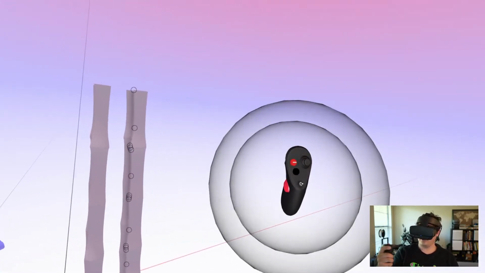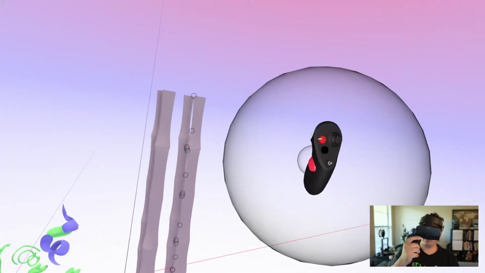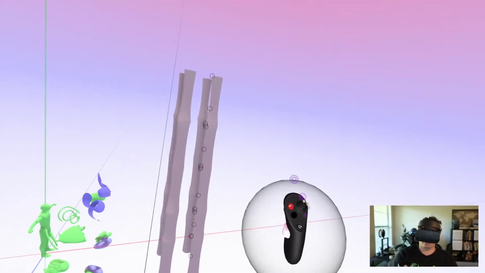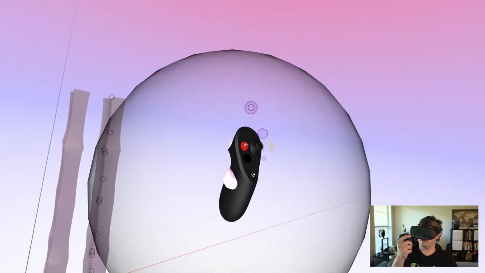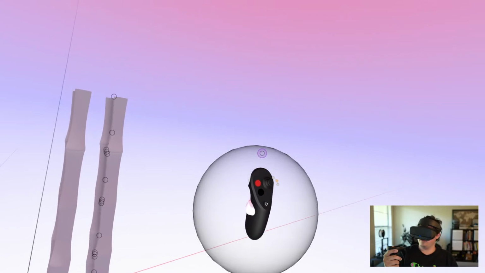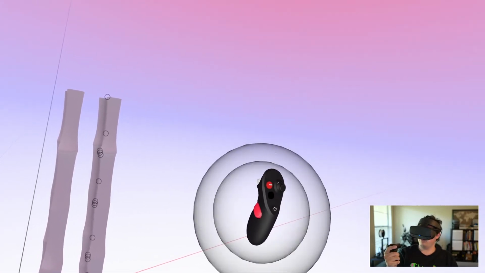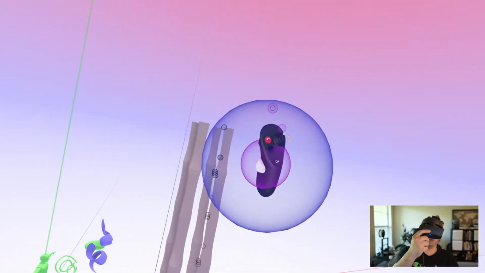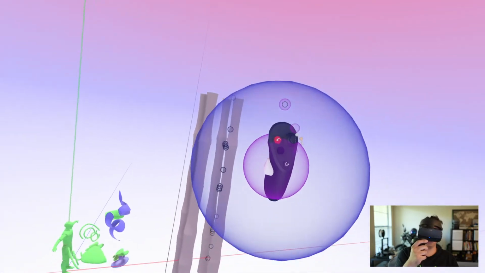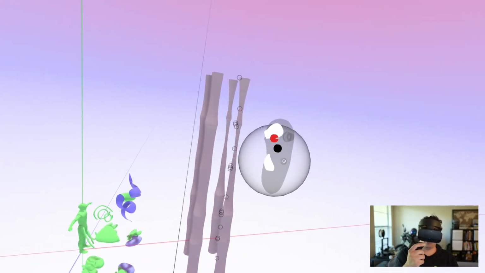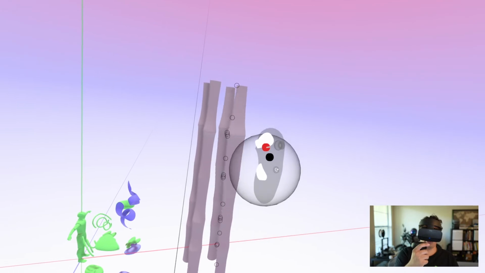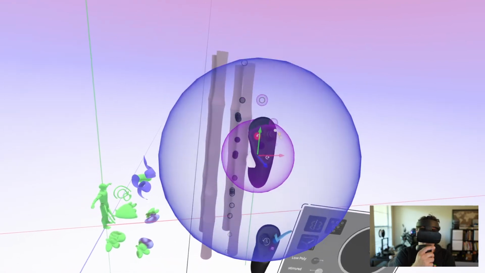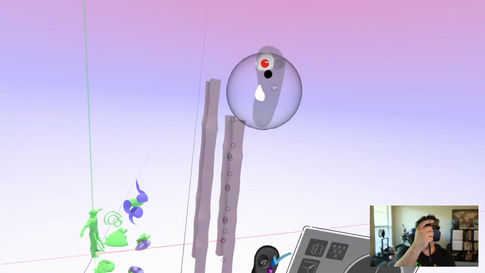So you can take the soft select sphere, and how you use that is you essentially take your selection sphere and you push up and down the joystick to grow it. But if you grab the grip trigger and then you pull down, you actually pull down a second sphere, and that's actually the move, and then the outer sphere becomes like a soft selection. So points that are towards the outside of the sphere are affected less. So what we can do is we can sort of pull things down a little bit